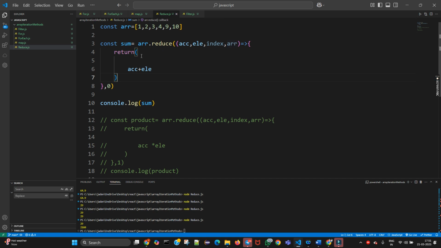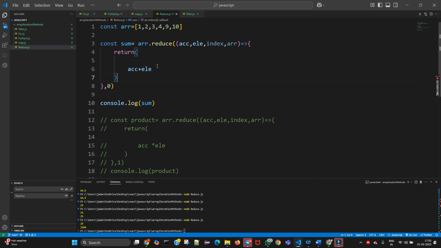So we are doing the sum of the numbers. Here the accumulator will store the previous value, and the accumulator value will be 0 at first. 0 plus 1 is 1, and 1 is stored in the accumulator. Then we add the next element in the array: 1 plus 2 is 3, 3 plus 3 is 6, 6 plus 4 is 10, 10 plus 9 is 19, 19 plus 10 is 29.